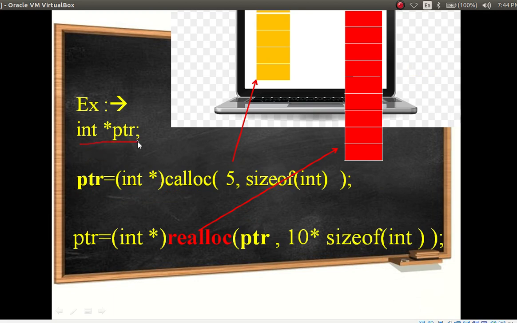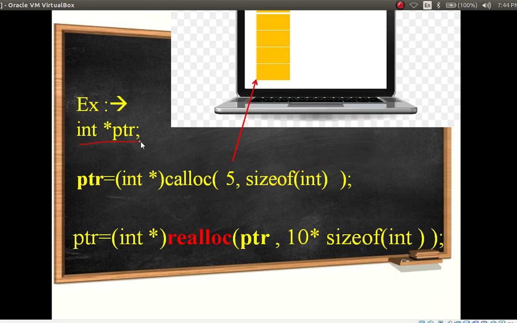Using this pointer variable, first we allocated 5 into, consider int size is 4 bytes. 5 into 4, how much? 20 bytes of memory will be allocated.